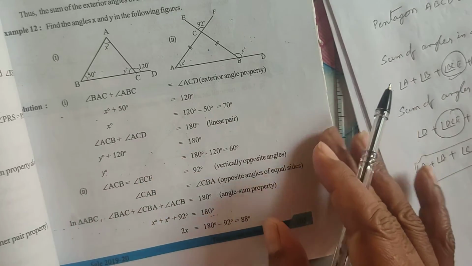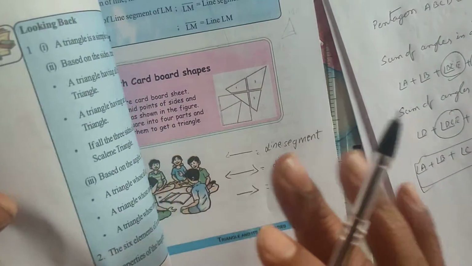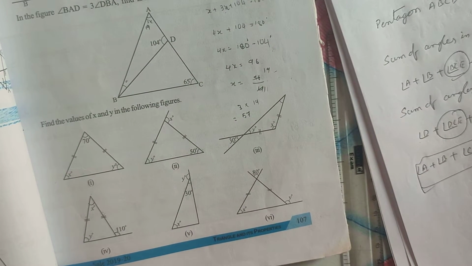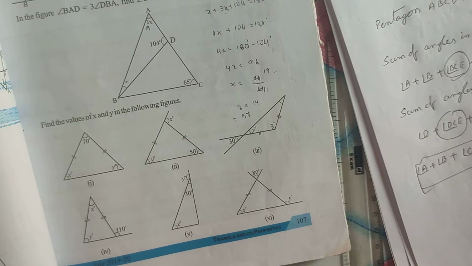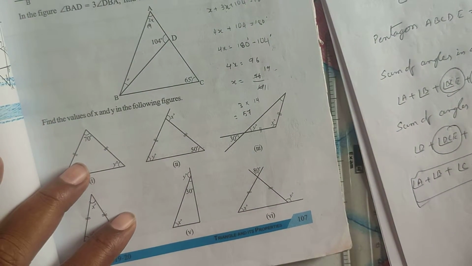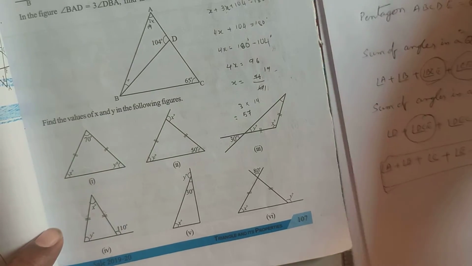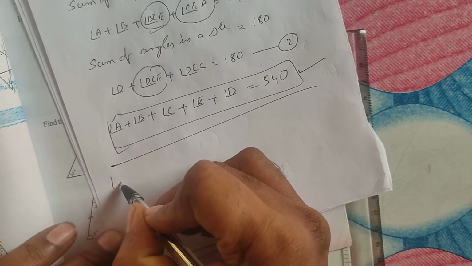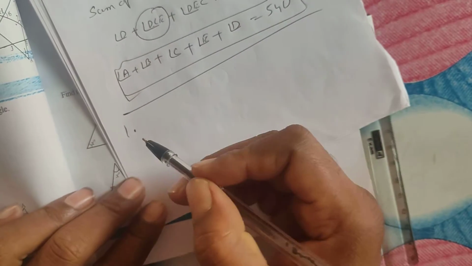Okay. Next, now if you go to exercise number 4, let's see what he has given. In triangle ABC, name all the interior and exterior angles of the triangle. So it is very important. What he is asking is, you have to name the angles, that's it. Here I am not drawing the diagram. First problem. So interior angles, how to name them?